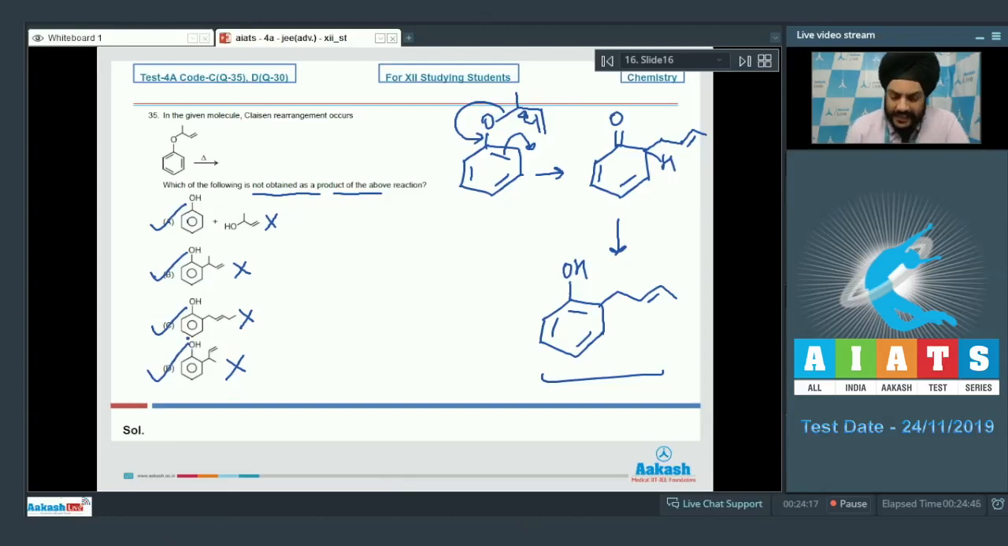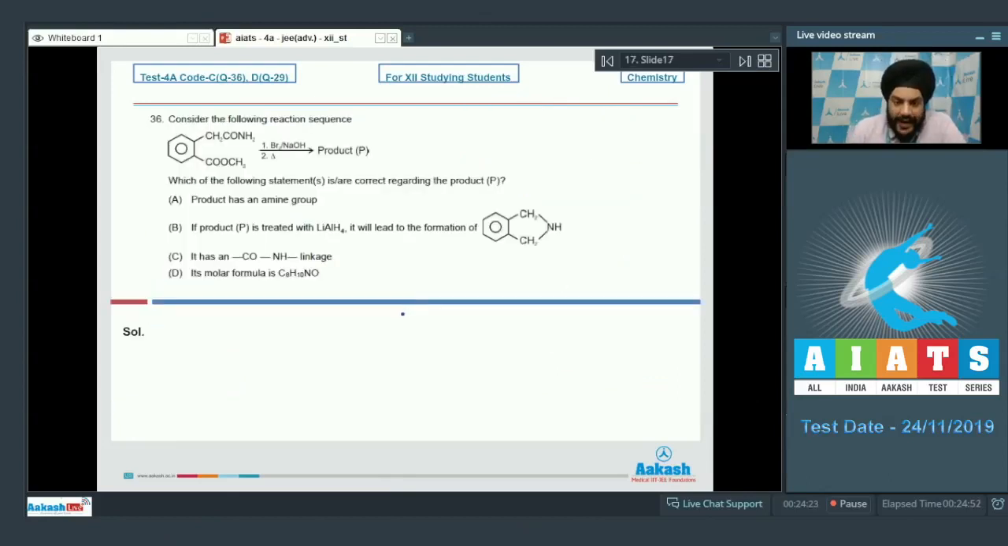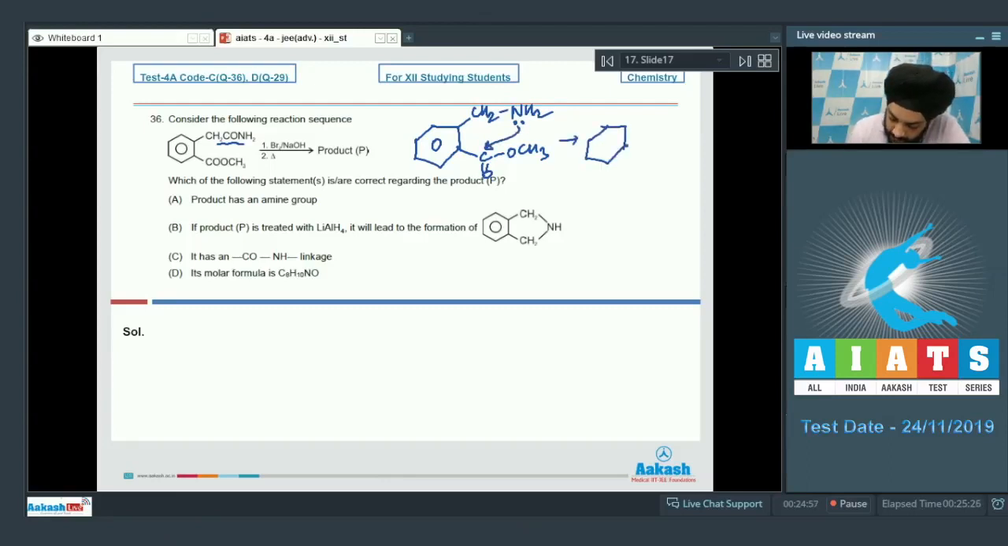Let us look at question number 36 now. Question number 36. Consider the following reaction sequence. So we have been given this reaction in which there is Hofmann-bromamide degradation reaction happening. Okay, so if you talk about this amide is going to lose the CO group in presence of Br2 NaOH. So we're going to have the formation of this compound in the beginning, and now there will be intramolecular attack of the amine group. So this is going to lead to the formation of